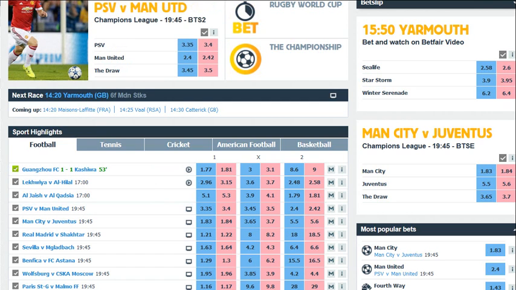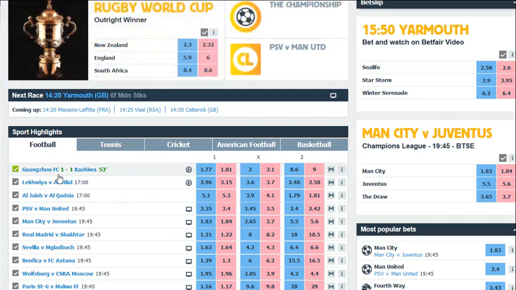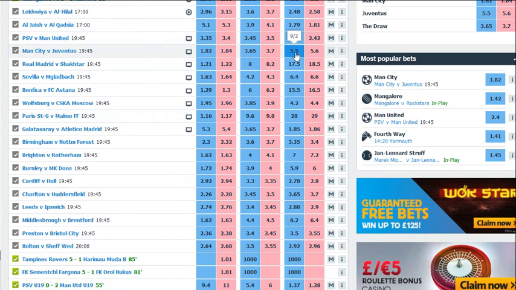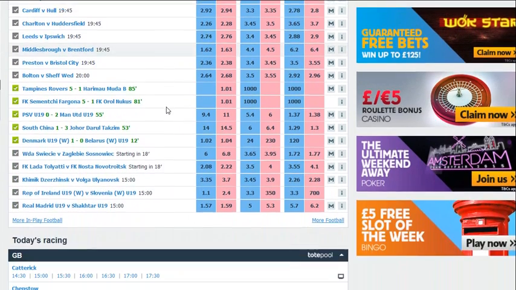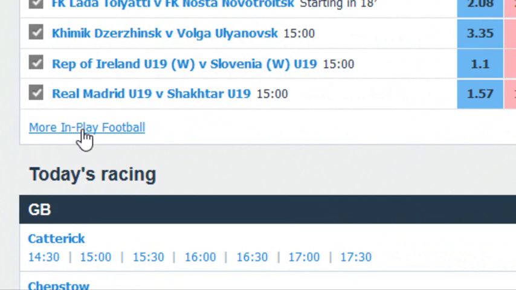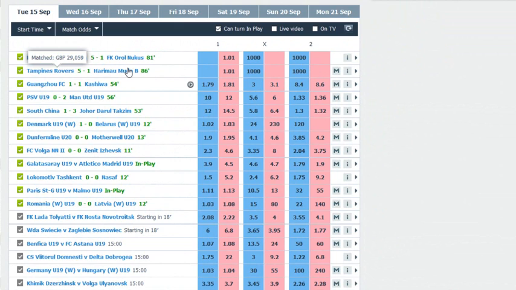This is the home page, and we've got the football sports highlights section selected, and you'll see there's a whole load of football matches with the home, draw and away back and lay figures shown. Now what we need to do is to scroll down to the bottom of that particular section to where it says more in play football. If you click that link, you will then be given a list of every in-play match on the